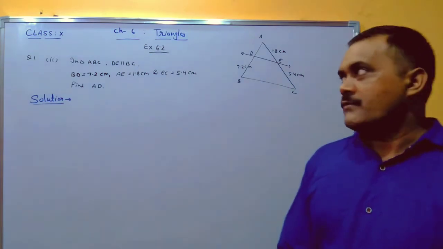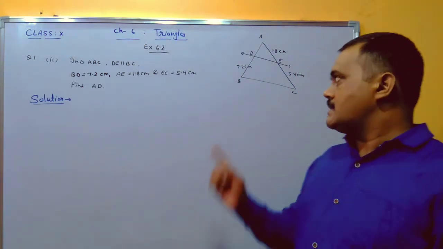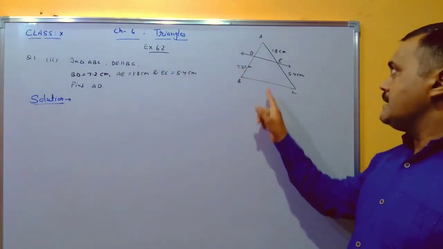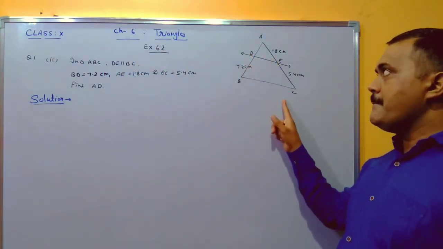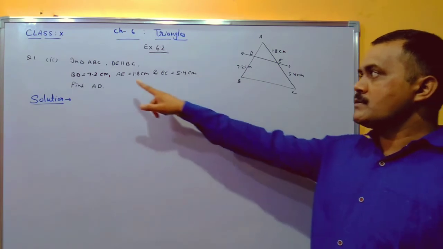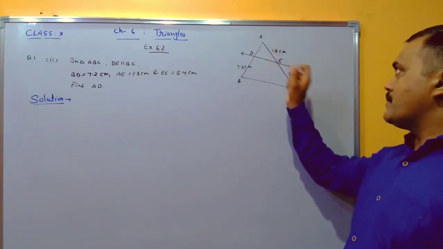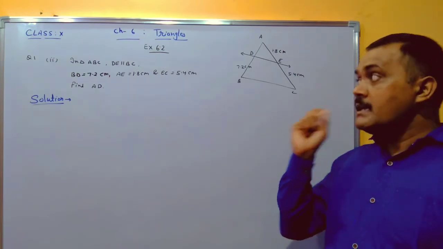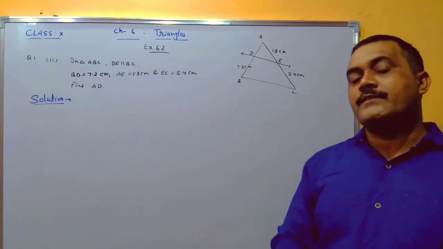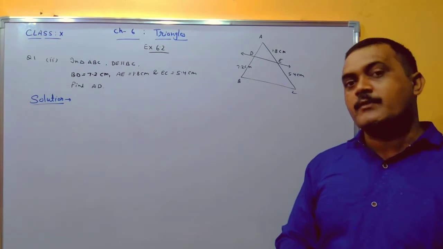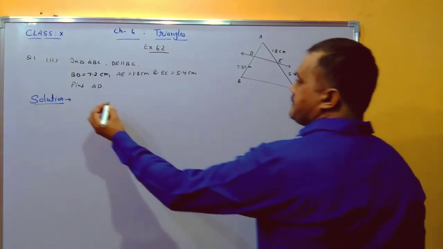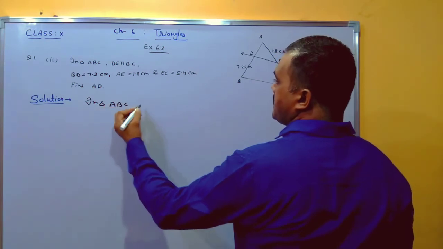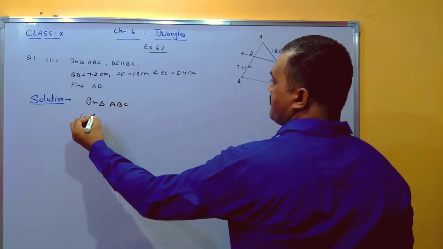Now we have question number 1 from exercise 6.2, and this is the diagram of the question. We have given in this triangle ABC, DE parallel BC. BD is equals to 7.2 cm, AE is equals to 1.8 cm, and EC is equals to 5.4 cm. Now we need to find AD. So you know very well from BPT, basic proportionality theorem, in triangle ABC we have